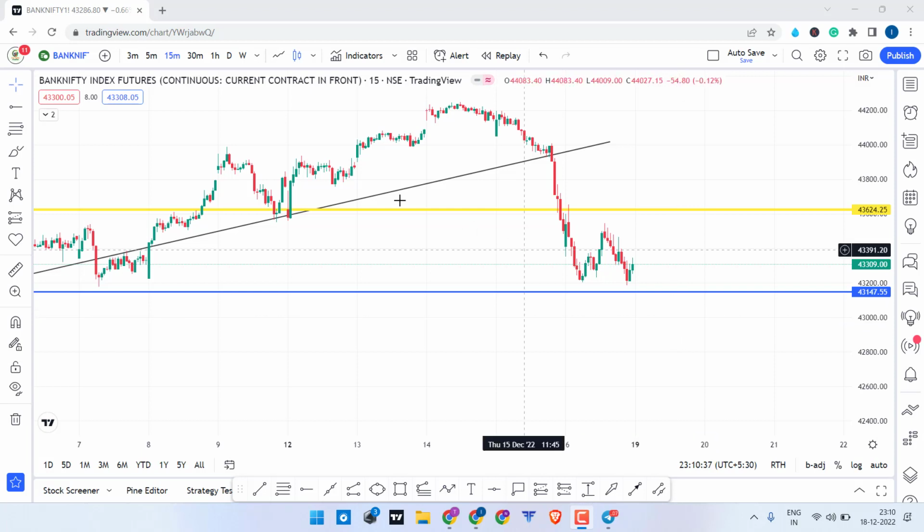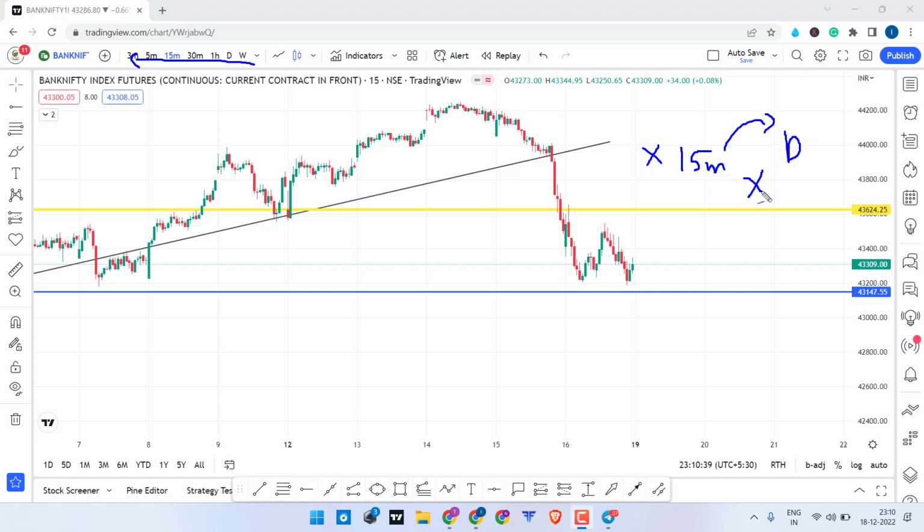Multi time frame analysis, always remember one thing: whenever you do multi time frame analysis, go from higher time frame to lower time frame. Never ever do that mistake. You are doing analysis in lower time frame and you are going back to higher. This is completely a wrong approach. First go to higher time frames, that is, top to bottom you have to come. Okay, go to daily time frame, mark important support and resistance,